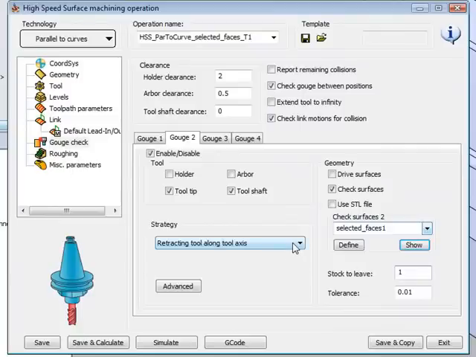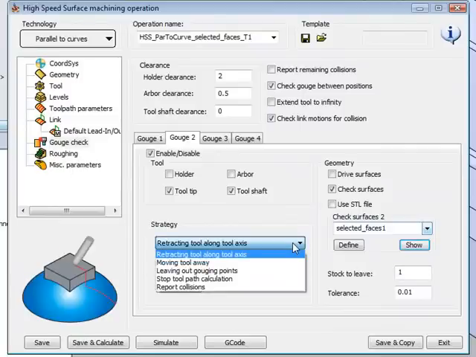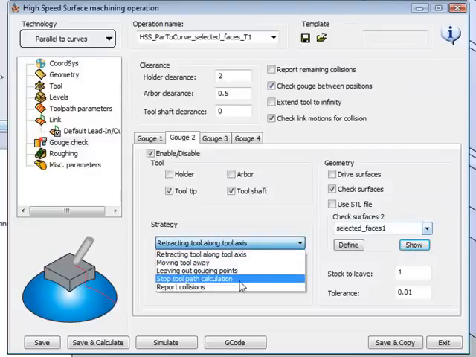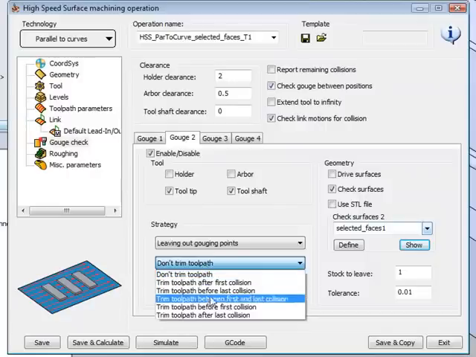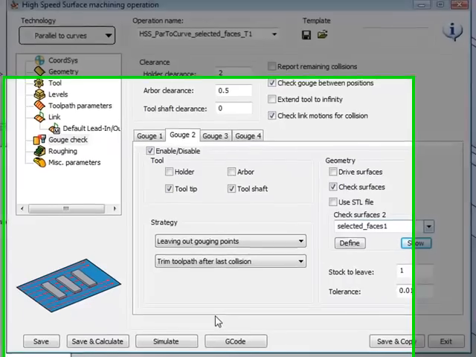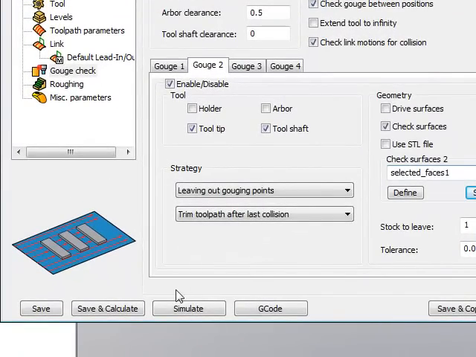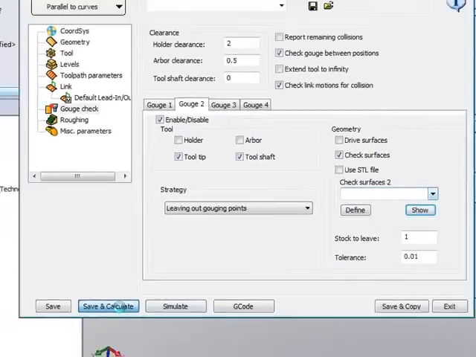Now, I'll choose a different strategy for leaving the surface itself, and I'll use the option of leaving out gouge point. And at the bottom over here, I'll say, okay, let's leave out our gouge point from the last collision point itself. Now when I do save and calculate,